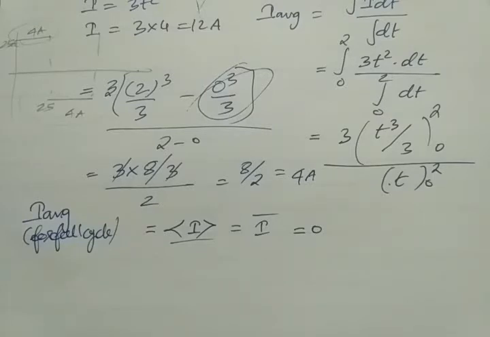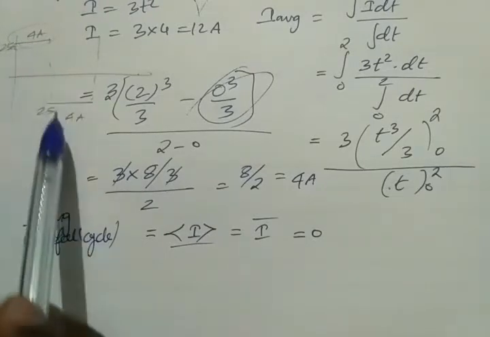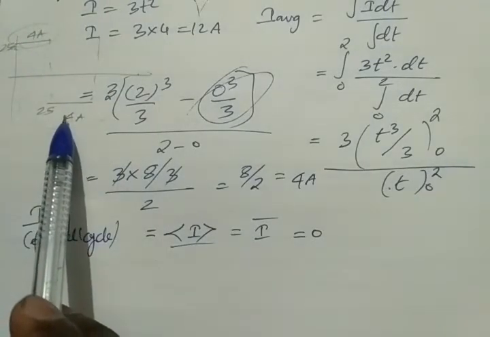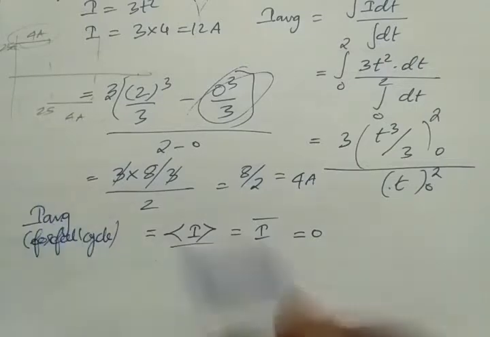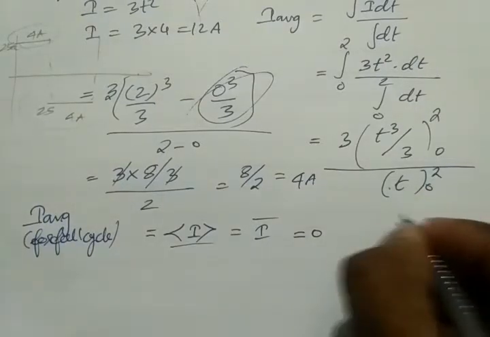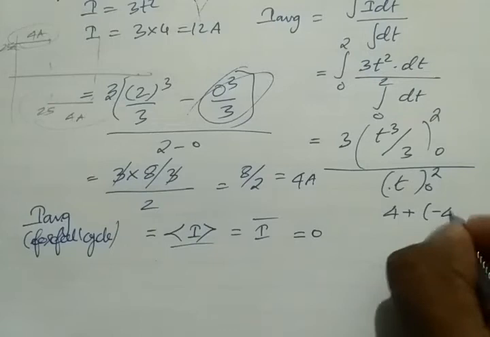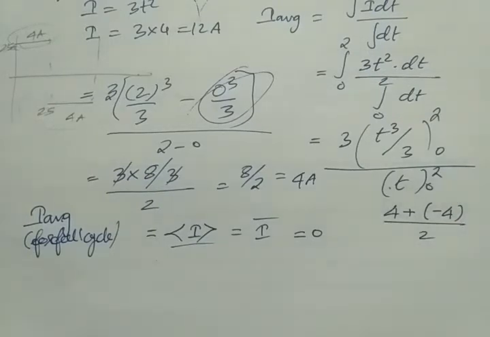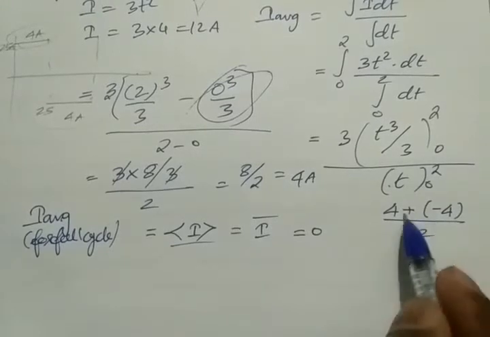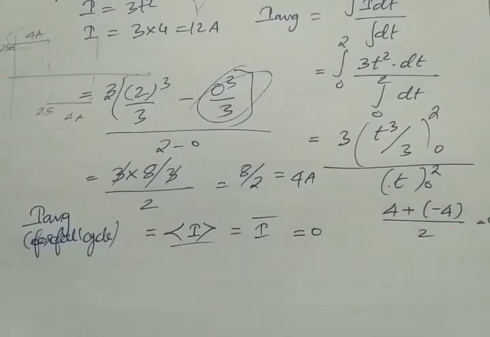Similarly, here we have some current in AC. If we want to find the I average, then we have to add that current and divide by 2. For half cycle I have 4 ampere. For another half cycle I have 4 ampere, but in the opposite direction. Then for one full cycle, my average value will become 4 ampere in positive side plus another 4 ampere in negative side, divided by 2. What will you get here? 4 minus 4 divided by 2, simply we have 0. So I average value for AC current will always be 0.